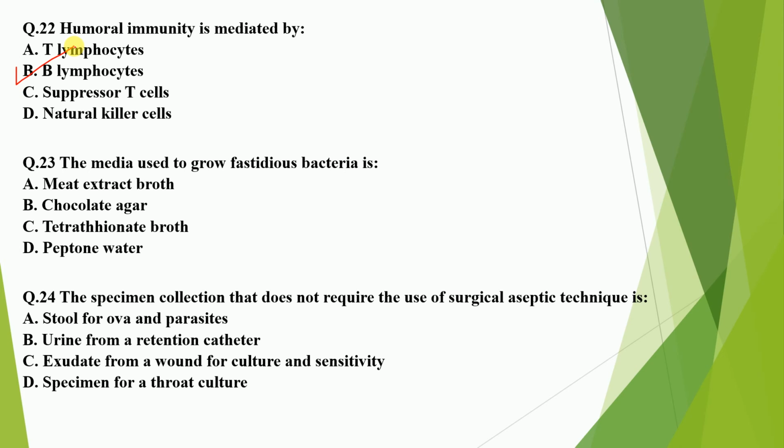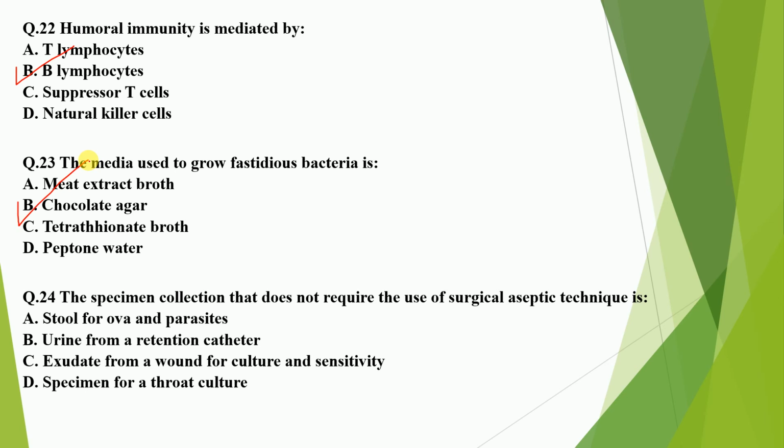Next question. The media used to grow fastidious bacteria is: option A, meat extract broth; option B, chocolate agar; option C, tetrathionate broth; option D, peptone water. Correct answer is option B, chocolate agar. Next question. The specimen collection that does not require the use of surgical aseptic technique is: option A,